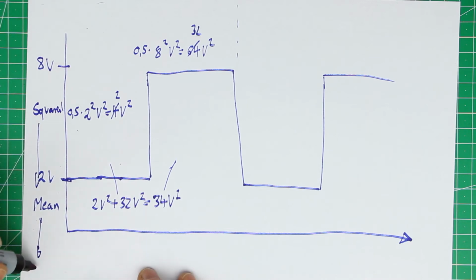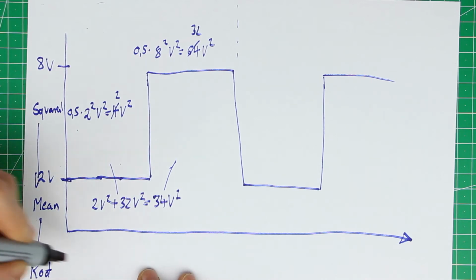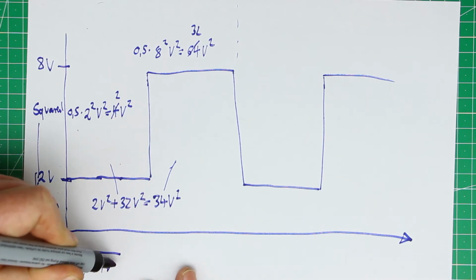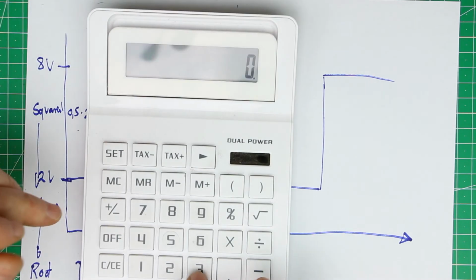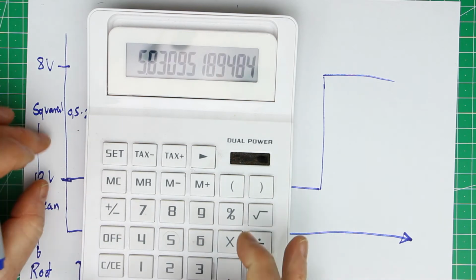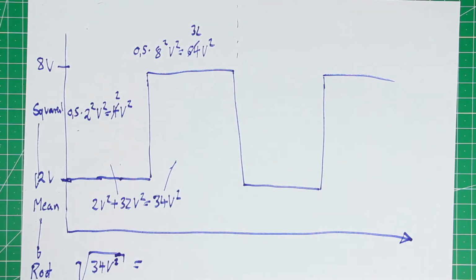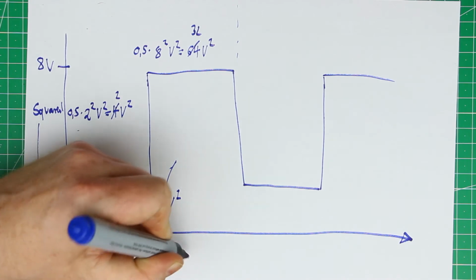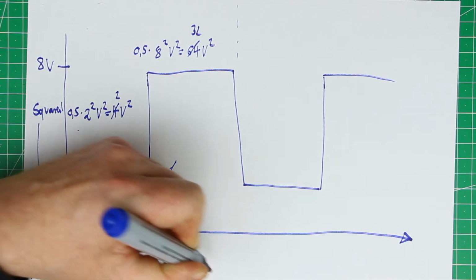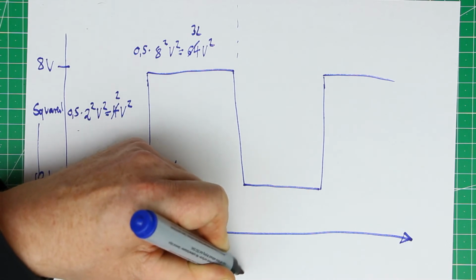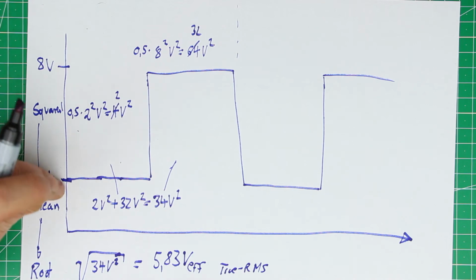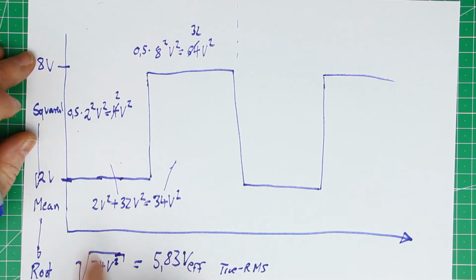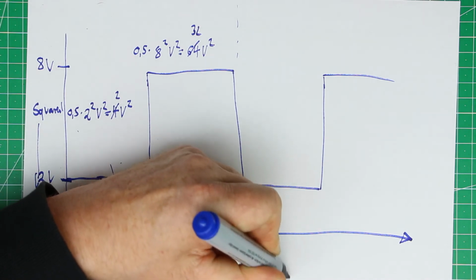And now we only have to take the square root, and the square root of 34 volts squared gives us, let's take the calculator, 5.83 volts effective or true RMS. Now, you already can guess that what I called in the opening scene True-RMS AC plus DC,